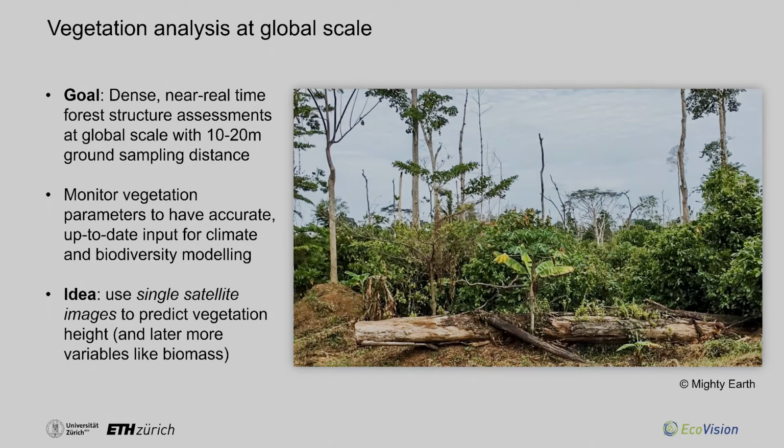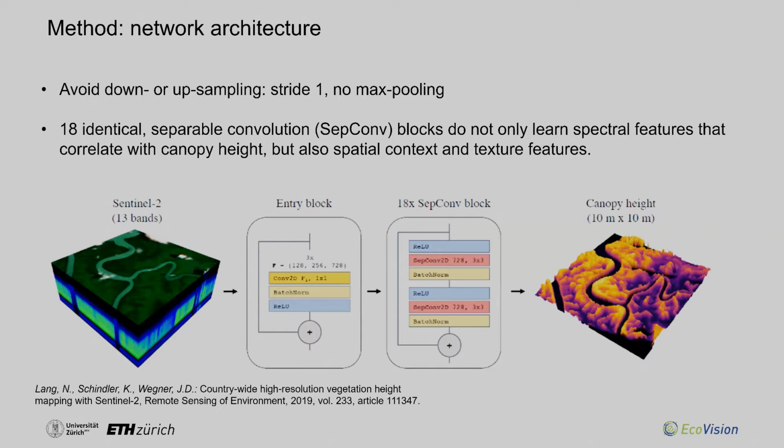And the idea here is to use single satellite images for all those predictions, so not any stereo multi-view stuff. And then to predict, in this particular case, what I will show you now, the vegetation height. But we are also working at the moment on directly predicting biomass and other structure variables like the Gini index or RH20 and so on and so on. So this will be a bit more technical, this talk, and of course, feel free to ask questions later on